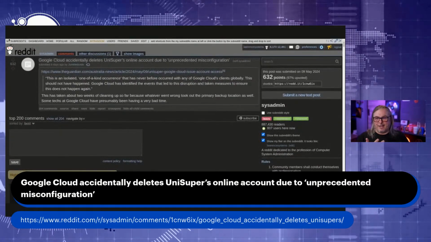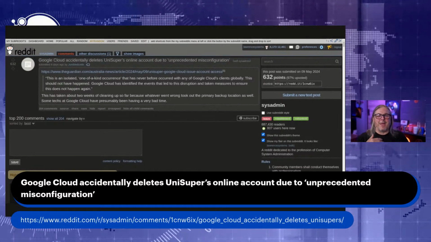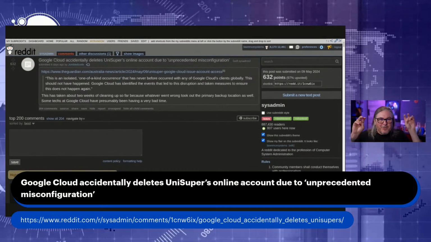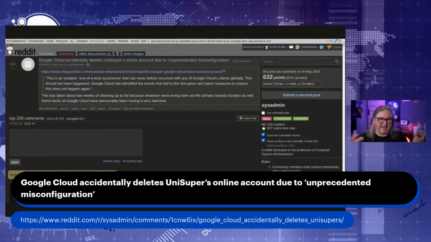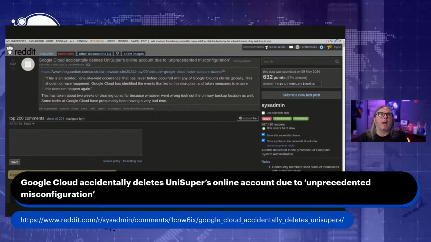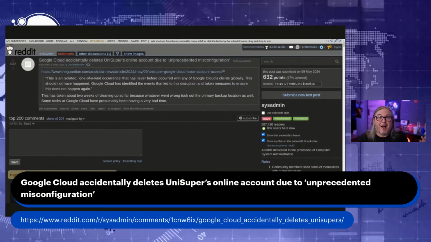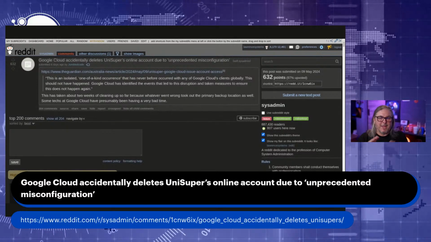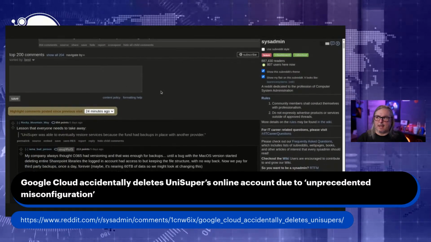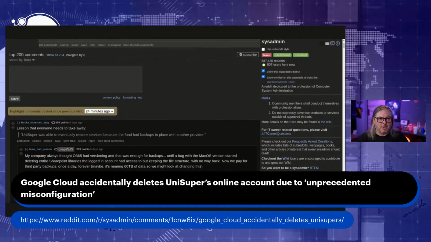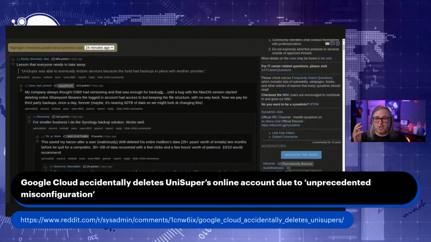I actually like that Google called it unprecedented misconfiguration on their part, because I think that's a way better terminology than it only affected a small number of customers. Because that's usually what you say when there's a cloud incident, because Google had some incident where under certain configurations earlier this year, you could lose certain files in Drive. It was kind of a weird problem, but this one's different because this is someone losing their paid-for account. And I think someone pointed out that this pension fund company manages like $100 billion. They're not some small pension fund. They're huge.